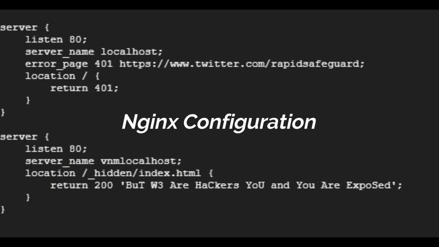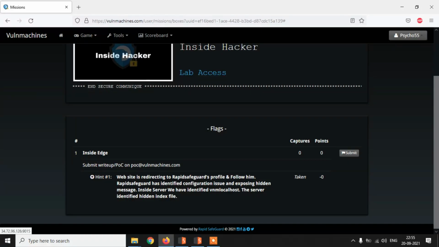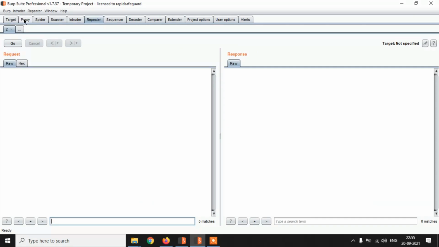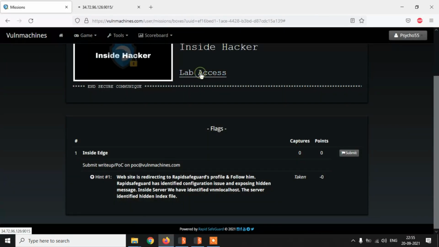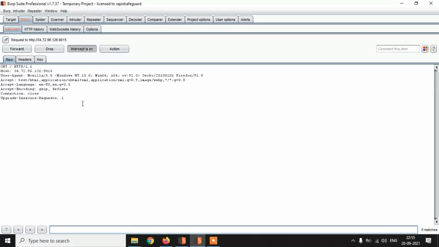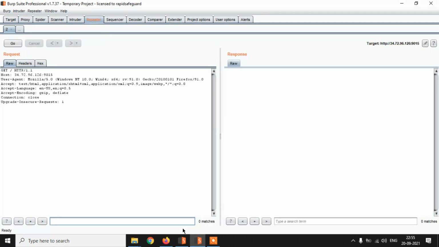This is the Nginx server configuration, where you can see the 401 is redirected somewhere else. Let's capture this request. Interception on, click on the lab access, capture this request, send it to the repeater, and turn interception off.